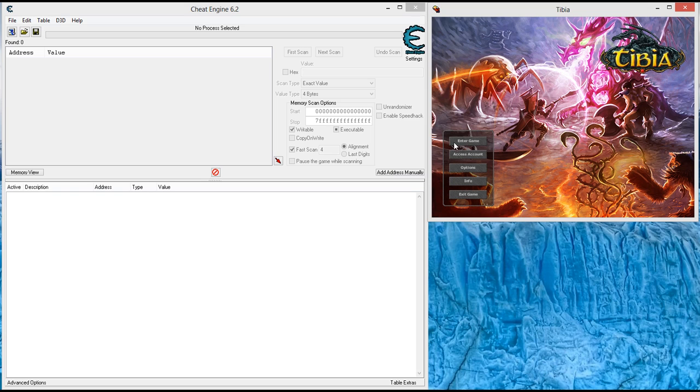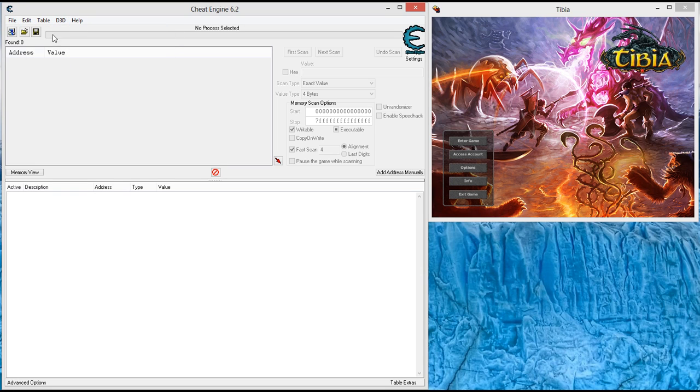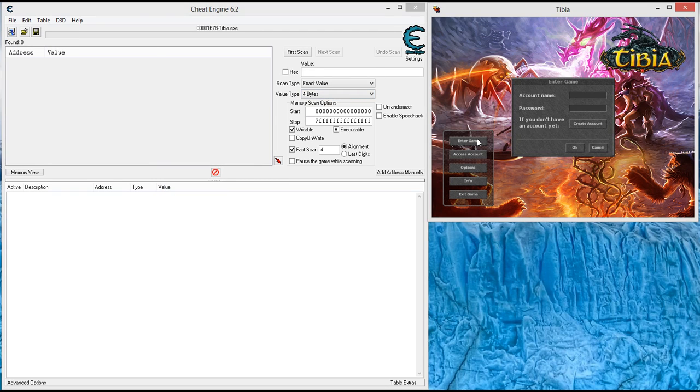So basically the first step is to click on this button here, which looks like a computer, or click File, and there should be an attach button. There isn't an attach button, I guess. Click on this button here, which selects the process to open. Double click on the Tibia client, log in,